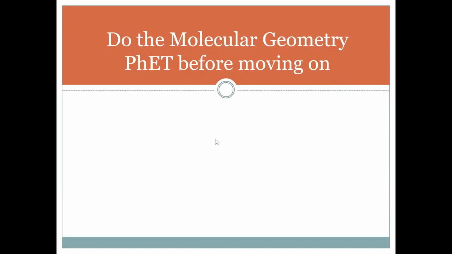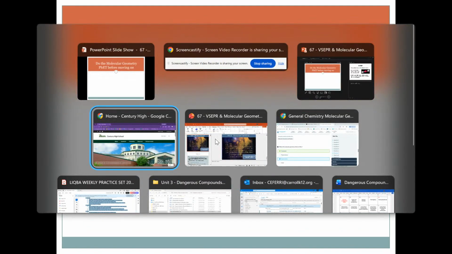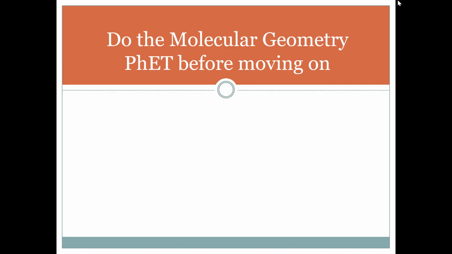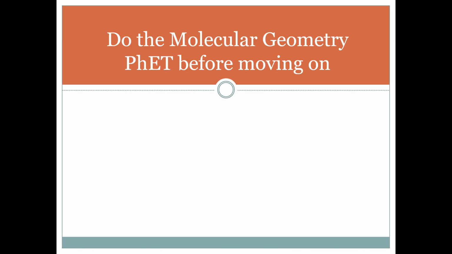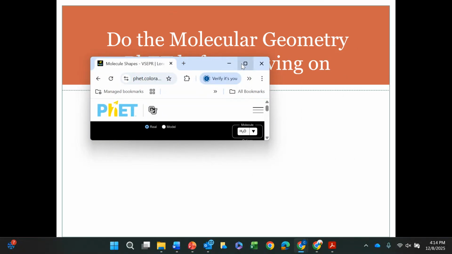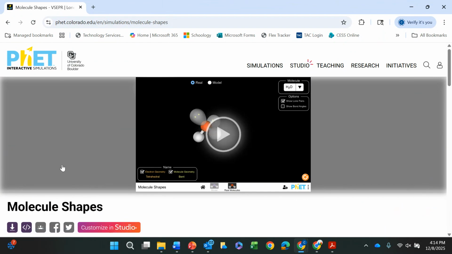So what I'm going to suggest you do is, before we move any further with these notes, go and do the first activity that's a part of your packet. It's a PhET for molecular geometry, and let me show you a little bit about what that's going to look like. So here's the PhET. If you just type in molecular shapes or PhET molecular shapes, you'll get this. If I play this,